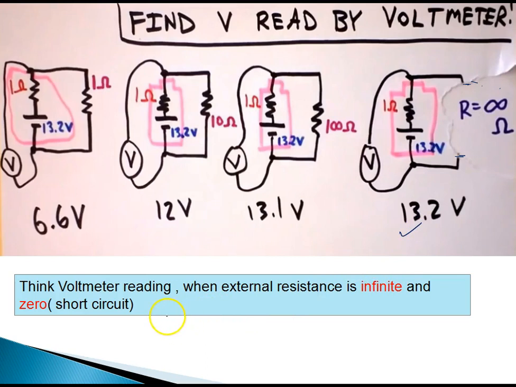Now I will discuss this. If I take the battery and short circuit it with the help of a simple resistance wire, then what is the voltmeter reading? Short circuiting means the same circuit is there. This is the circuit. This is the battery of 13.2 volt and internal resistance 1 ohm. Now you connect it with the help of a wire which does not have any resistance. Resistance of this wire is 0. That is a short circuit. You are joining the positive and negative ends of the battery. Now you just listen very carefully.